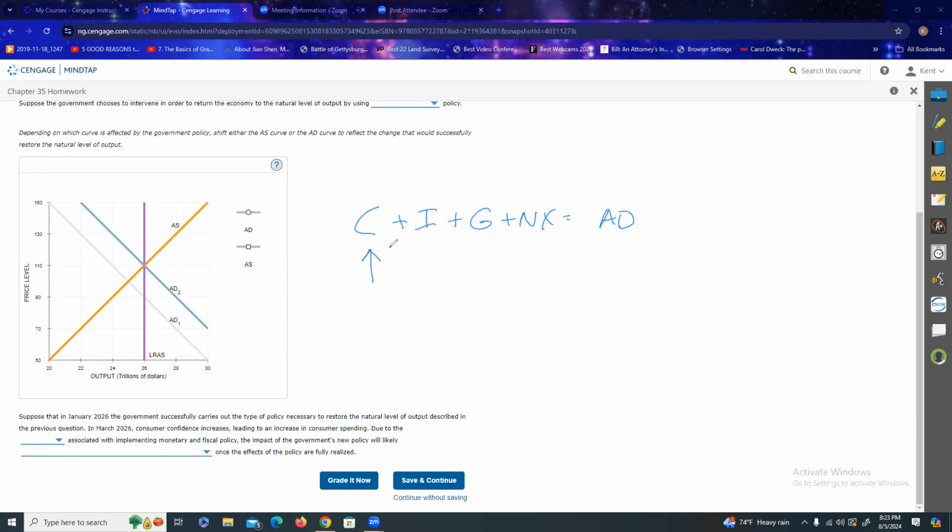Consumers out there feeling really good about life and about the prospects of the future, and that translates into more consumption spending, our biggest component of aggregate demand. And so that's going to shift some more. See, they've already put it back where they wanted it right there. But then this happens, leading to an increase in consumer spending due to the,